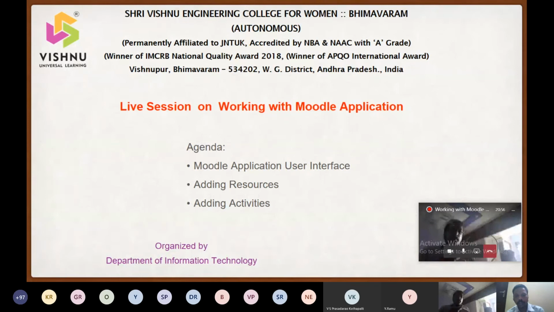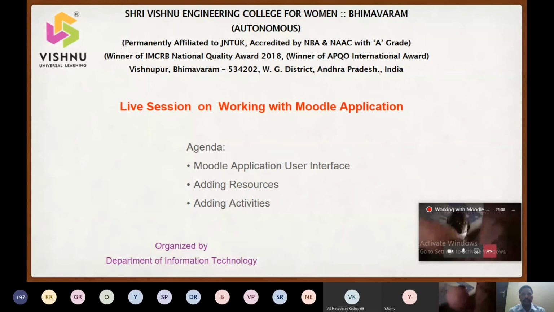As we already know, our college has recently been hosted with Moodle, which is a learning management system (LMS), from where we can conduct different types of courses online. Students can access the courses easily, and teachers can also access these courses to upload different types of resources and activities, which are useful and accessible by the students anywhere.